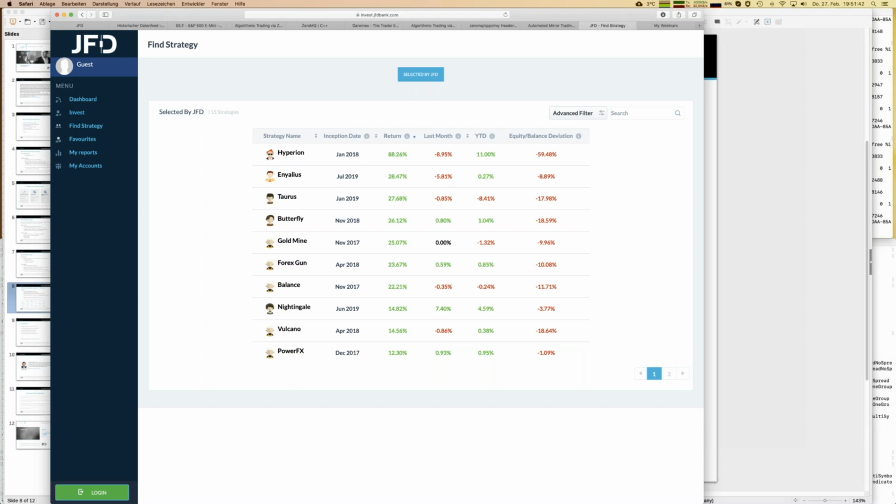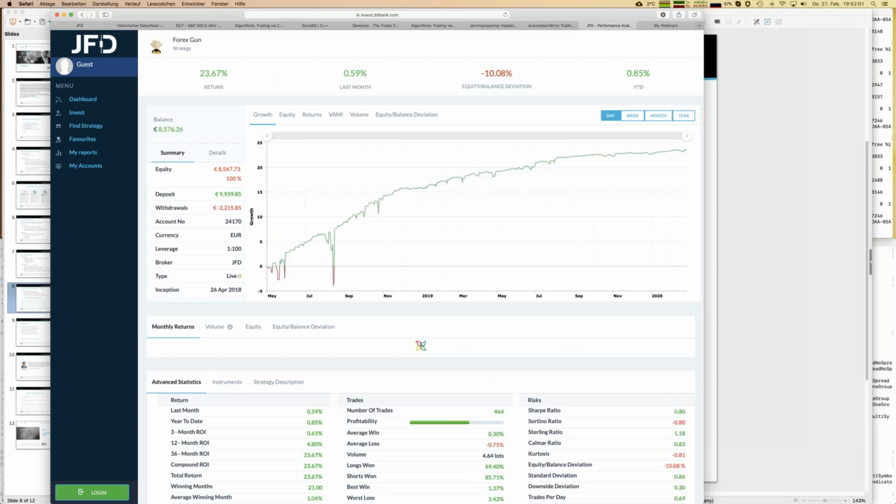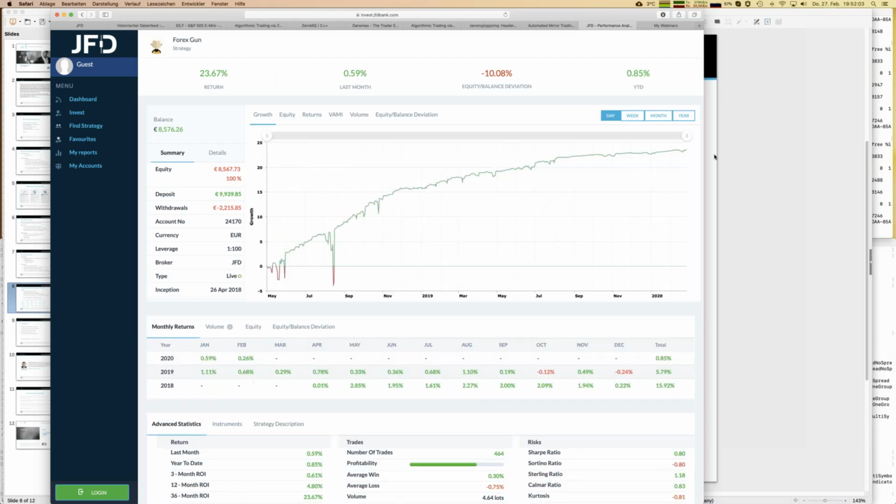But you see other trading strategies with higher returns, for example, but with higher risk. That is the last column here. That is a little bit like the risk. But what I just want to recommend is always go first and have a review on those. So just click them, and then you can see the growth since the inception date. This one here, for example, is almost 2 years old now. You see the returns which have been achieved here with drawdowns, and then it's up to you.